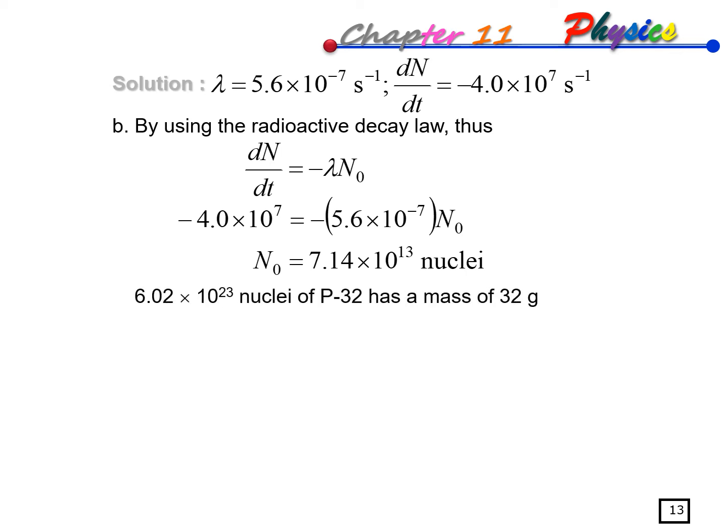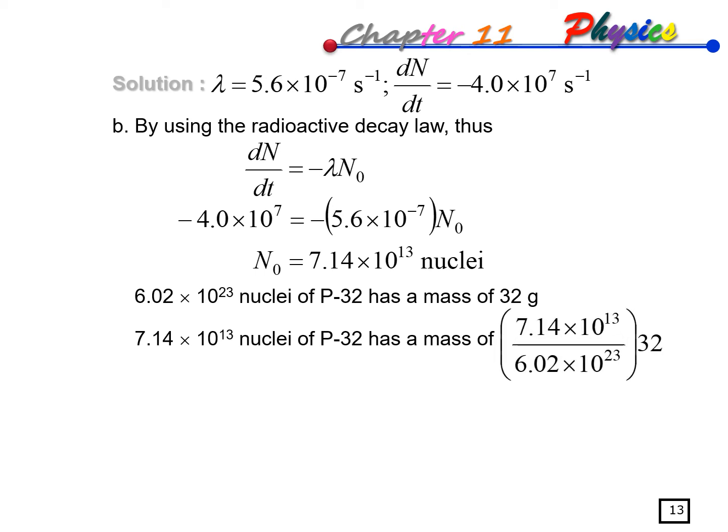Then by using the Avogadro constant, 6.02 times 10 to the power of 23 nuclei will have a mass of 32 gram. Therefore we determine the amount of mass for the calculated number of nuclei,